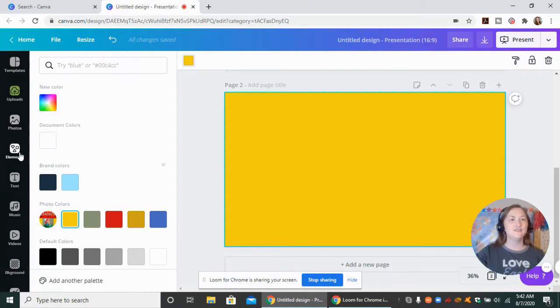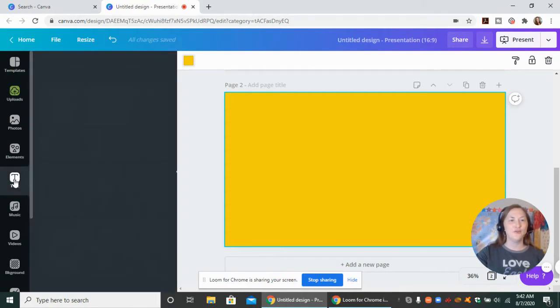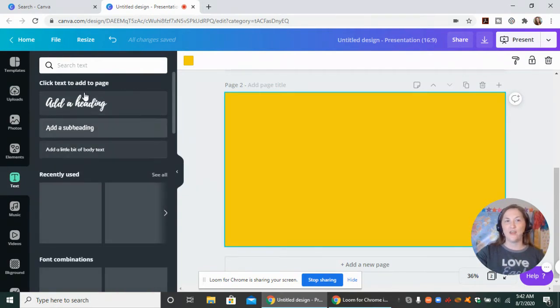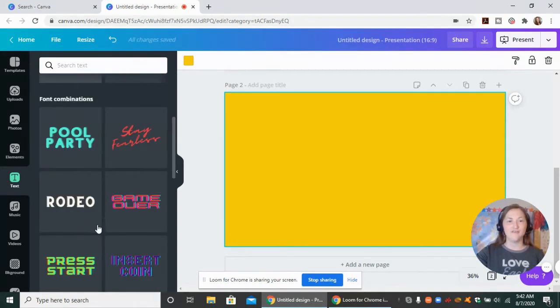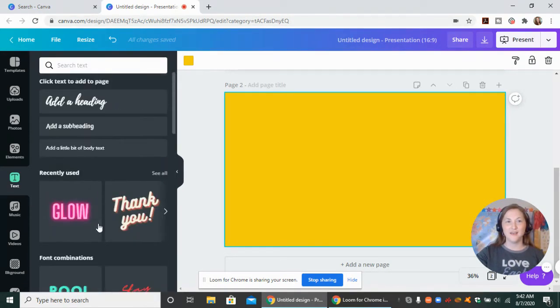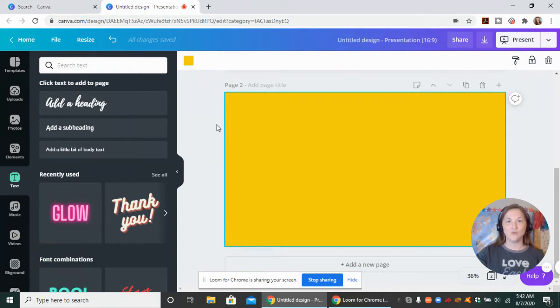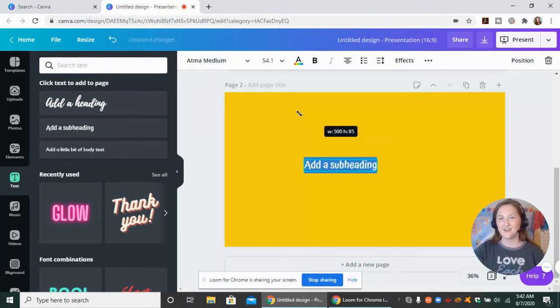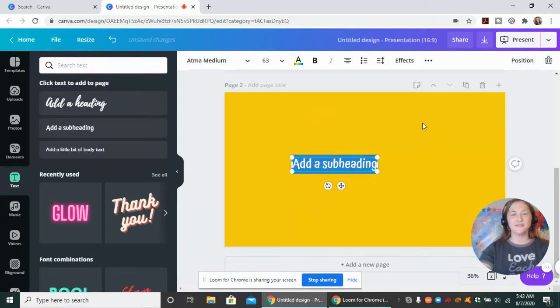So let's go to text. You can put in your own text here. You can create your own. You can choose other fonts that they have if you'd like. I just want some plain old text, so I'll just choose this one. And I can adjust the font here if I want. I can make it whatever size that I want. It's very customizable. So let's say, I'm going to say